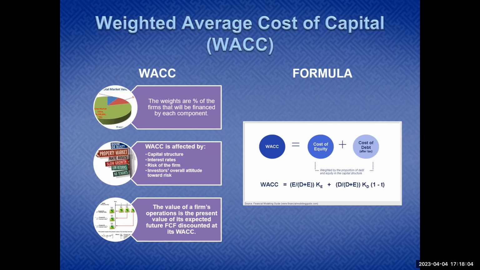The cost of equity can be determined by the capital asset pricing model that we just talked about earlier. Combine those two and weight them by the capital structure of the company. What is the capital structure of the company? What percent of assets are funded by debt? What percent of the assets are funded by equity? That's your capital structure. Weight those by the costs, and you determine your cost of capital. Your return on your investments and assets should be greater than that cost of capital in order to provide maximum return to your investors.